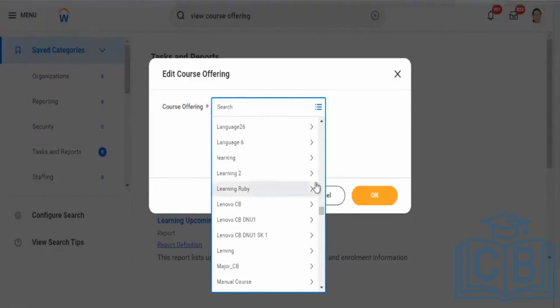Whenever we create something, we need to get that noted. It will not be skipping that course offering.